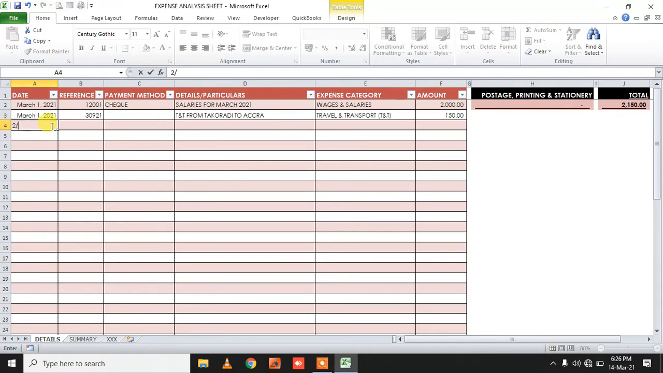Then on the 2nd of March, so I can also do March 2nd, 2021. This is the code for it, for the transaction, and it was cash. This one was also cash, I forgot. Then this one, let's say it was